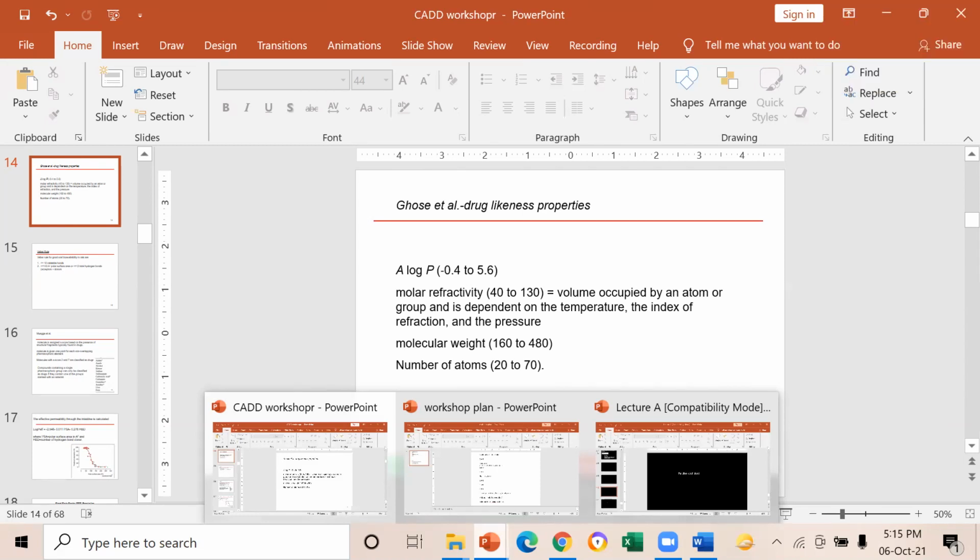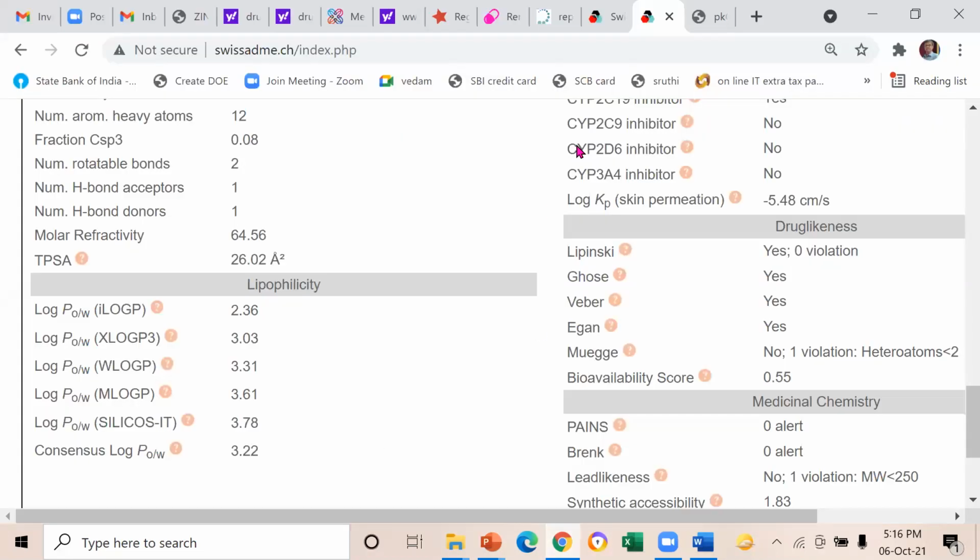You mean somebody else will copy your molecule or something? Yes, sir. Is asking that if we go for a novel compound, is it safe? Is it secure to search it on Swiss ADME? That is asking that it is not a secure website. Swiss is very, very well approved.